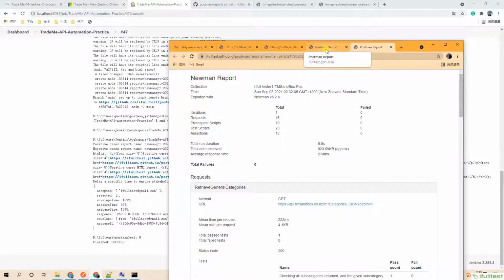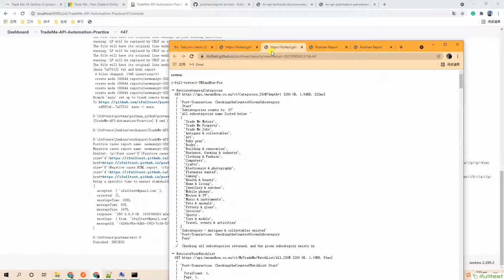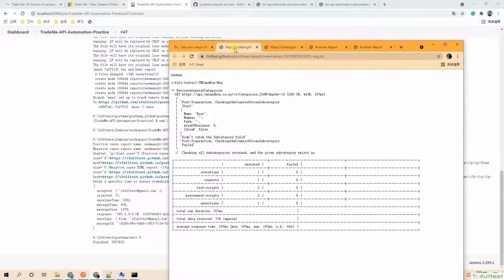See if we get the detailed reports. Cool. All the API testing details show here.